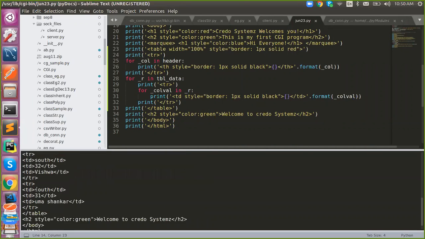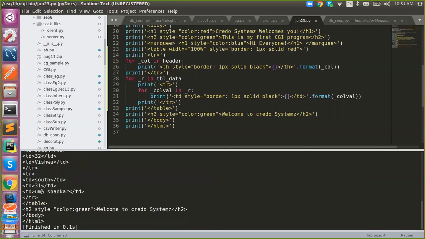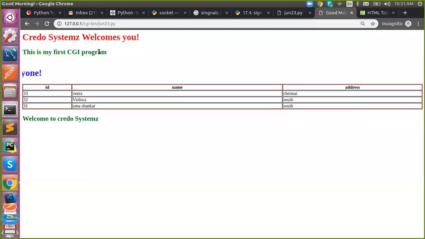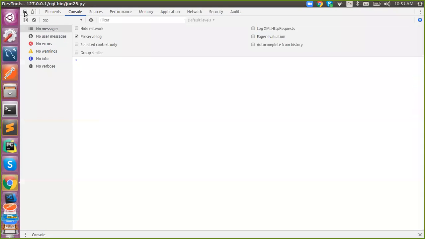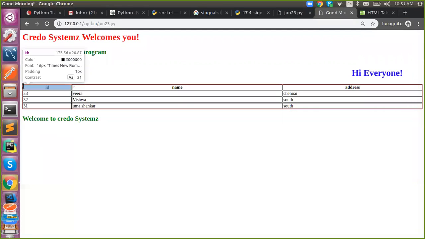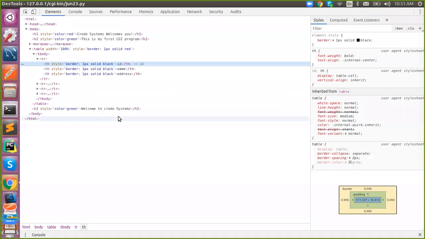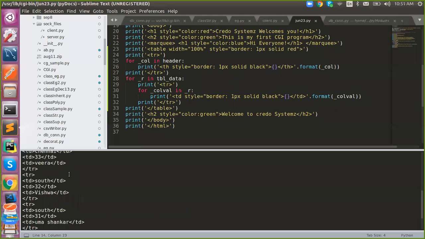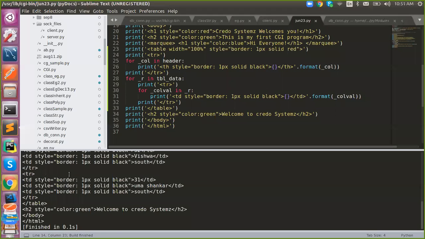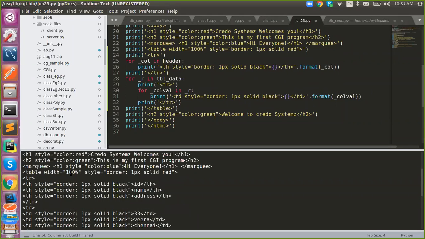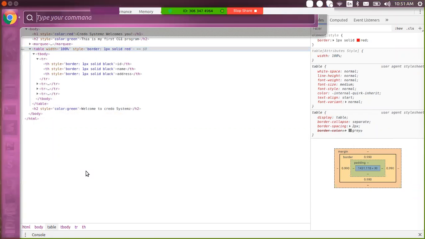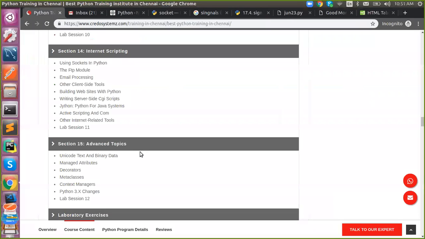It will look like this in the front end. If I view the source code, you will easily notice it. See the table, you will find the same code, ditto, the exact code that I have written in it. See, it is there, right? The same table code. Got it? Okay. So let's move on to the next thing.